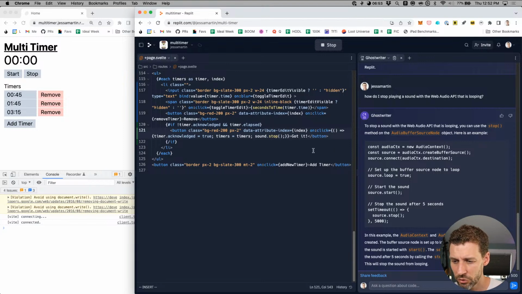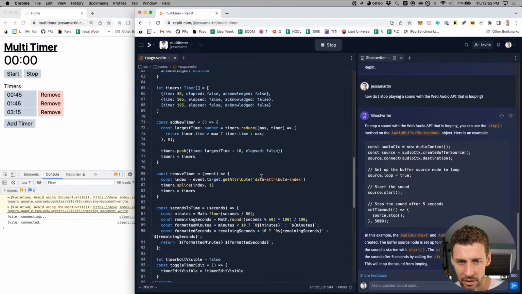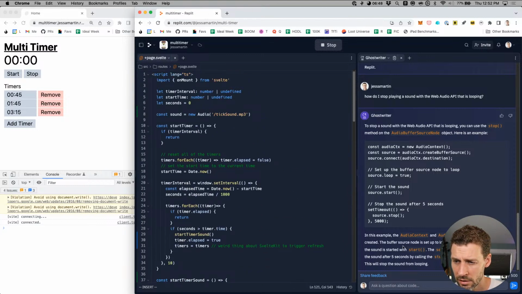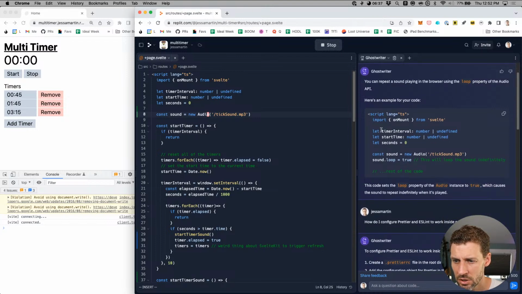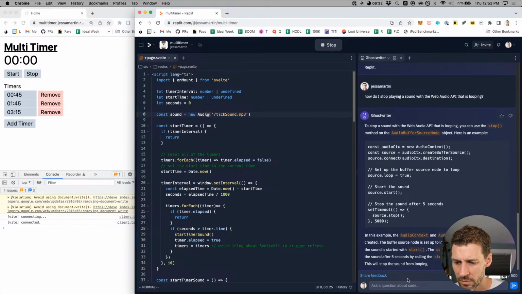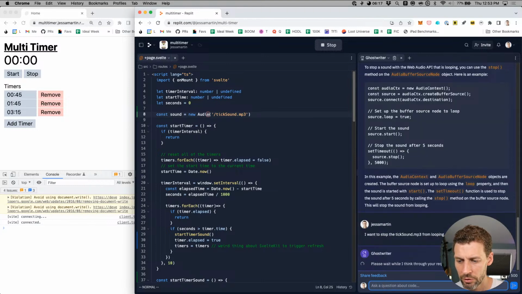Audio buffer source node. What? That's surprising. We're not using an audio buffer source node, we're just using audio. And up here, it mentions audio as well. Maybe I can refer specifically to my code.